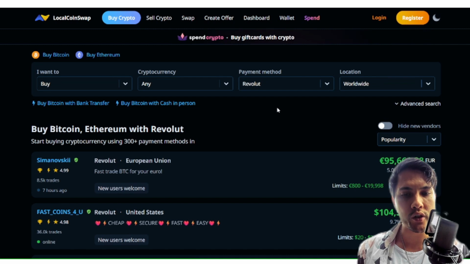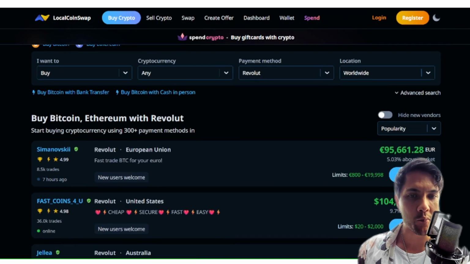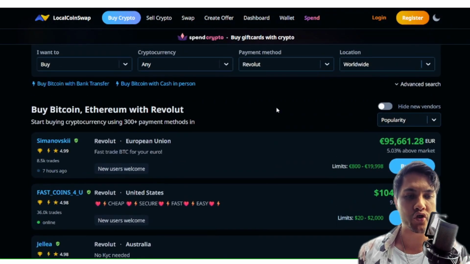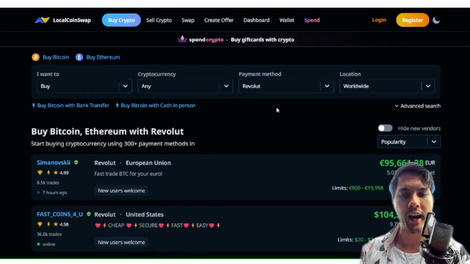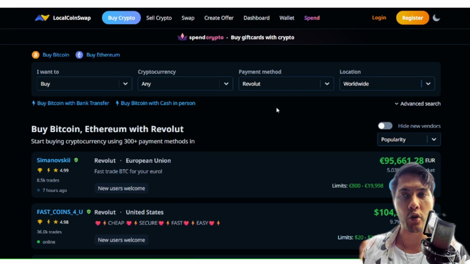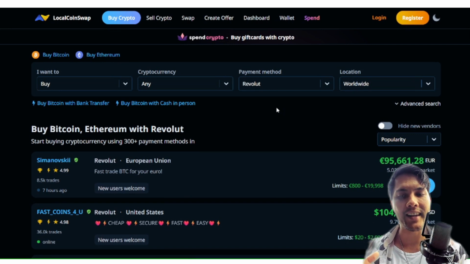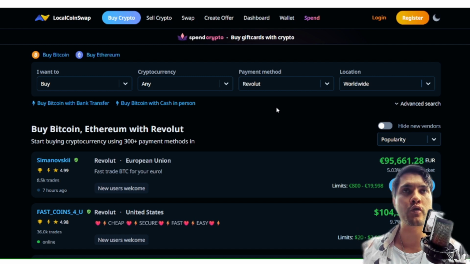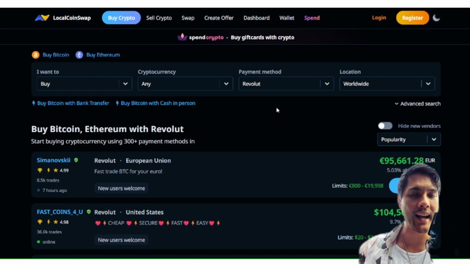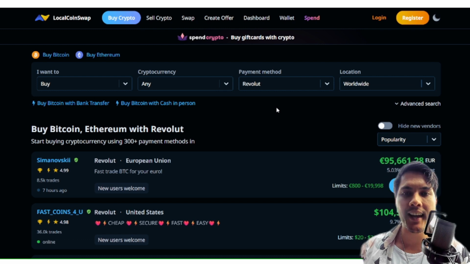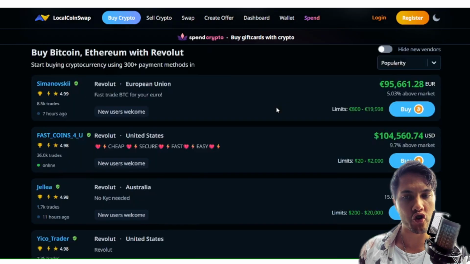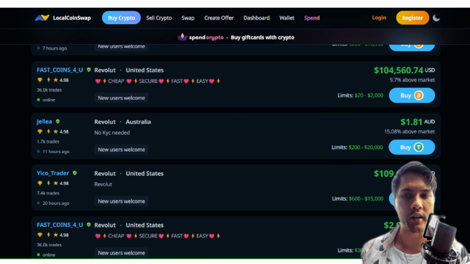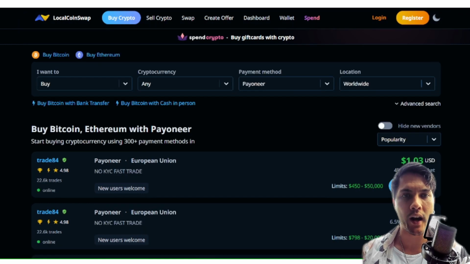There's also Revolut as well. Revolut, I would say, is a little more fiddly. It's not as instant because many of them don't do Revolut to Revolut. Some will have Revolut to their bank. So you've got funds on Revolut, and then a seller will then say, hey, can you send those Revolut funds to my bank account in XYZ country? And that takes around 3 hours to do. And it's a little bit fiddly, but it gets the job done. As you won't ask for any KYC.